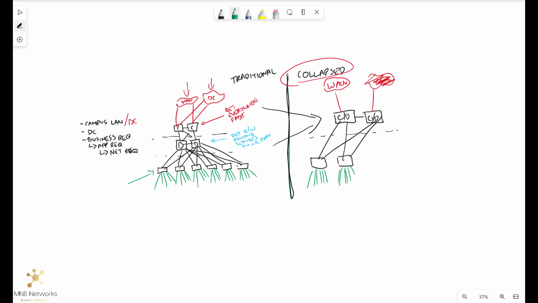The fundamental reason that I wanted to do this video is because on the left hand side, this traditional model that we're talking about, it's only ever really going to be deployed in very large enterprises who have a big budget, because the simple fact of the matter is it's just not required in a lot of small to medium enterprises. One of the biggest reasons that would drive a full core distribution